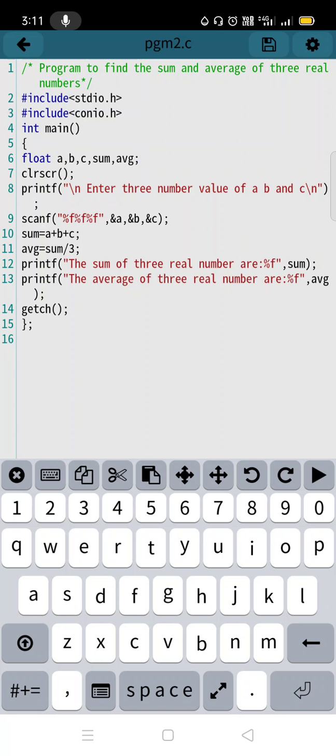If you take a float data type, you can store and print pointing values like 5.5, 3.5, 30.5. If you take an int data type, you can store and print only whole numbers, round figures, like 3, 4, 5, 6, 0 to 9, any numbers.